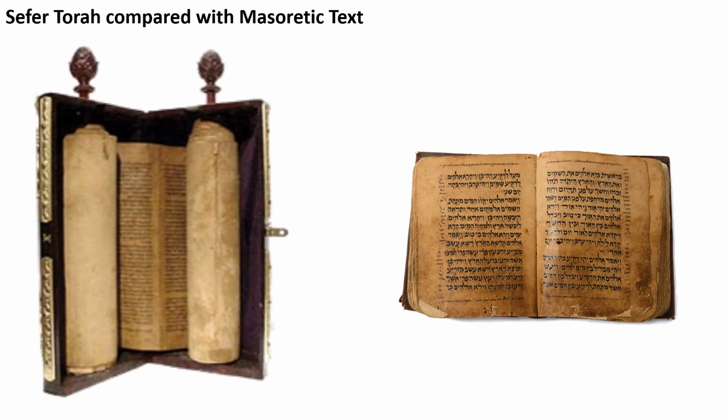Whereas a Chumash or a Masoretic text, like you see on the right side, either in book form or in an unofficial scroll form, I could sit down and write one of those myself if I had the time. That text would serve my personal purposes, but I couldn't sit in front of a community and read it. That's where people sometimes get mixed up: the differences often found in the texts people look at are usually in Masoretic texts where someone wrote their own personal version, which isn't used officially, and that's perfectly fine. Someone doesn't have time to wait a year and pay someone $40,000 to make a Torah scroll, but of course we need the Torah because we have to learn the Torah.